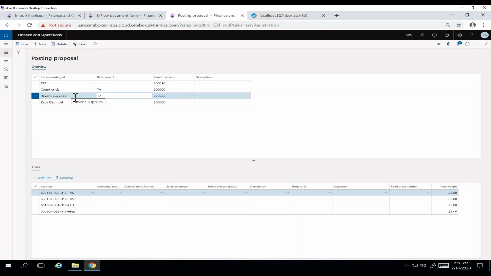So if I look at this here, I say for Raven Supplies, anytime an invoice comes in, I want to take 25% of the total invoice amount to this main account and this dimension combination. The line is pretty simple. I have 4 lines at 25% each. You can have this as granular as you want, as long as at the end of the day, that fixed